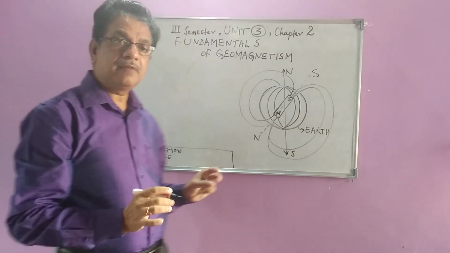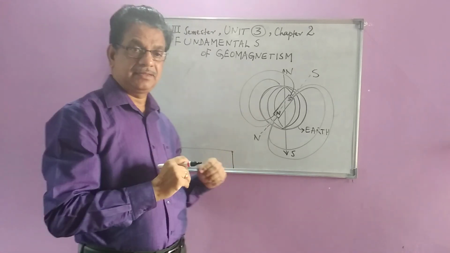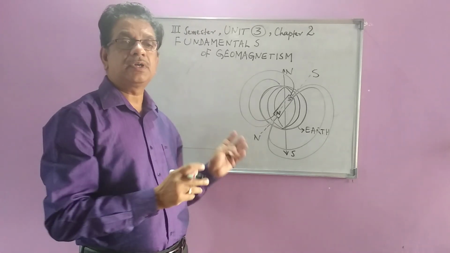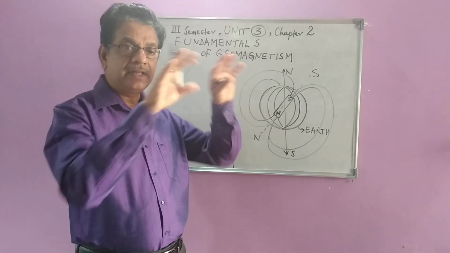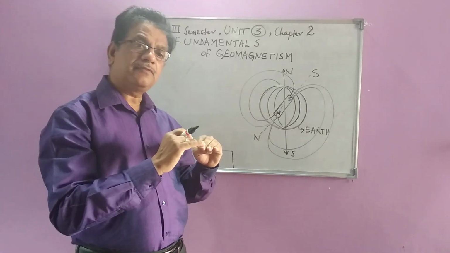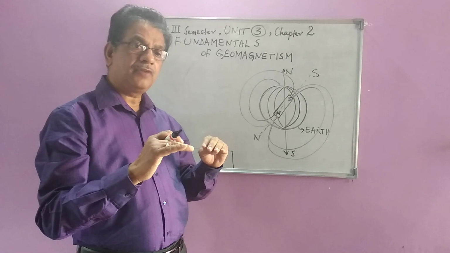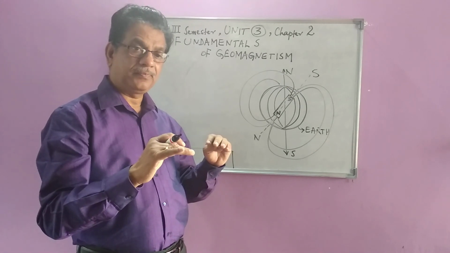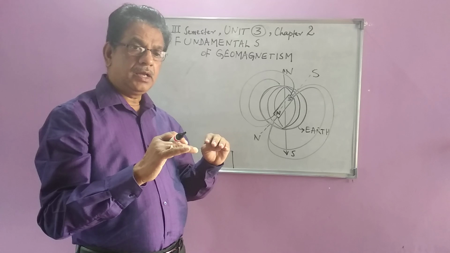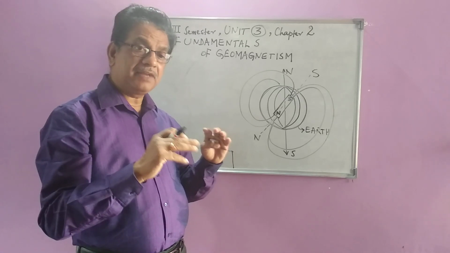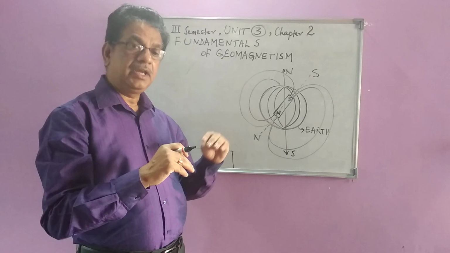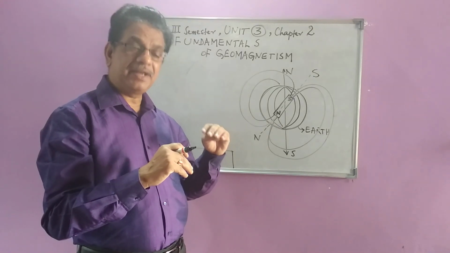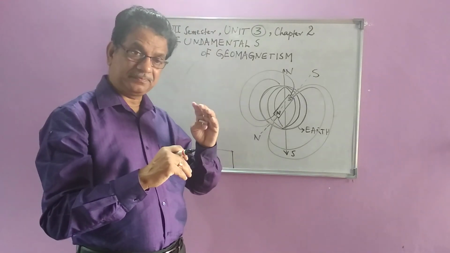This we have studied in our lower classes. Even at school level, we talk about magnetism connected to the Earth and surrounding the Earth. There are a lot of uses of Earth's magnetism. And Earth's magnetic field, in fact, protects us from energetic particles and radiation coming from the sun.